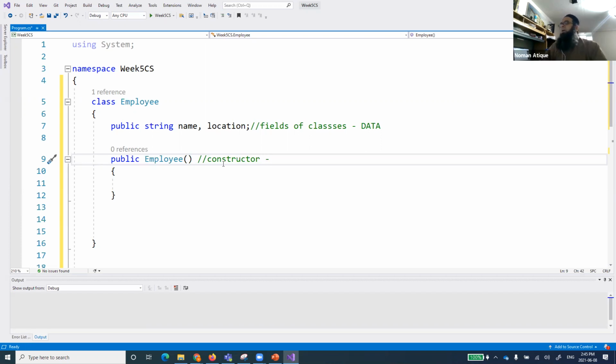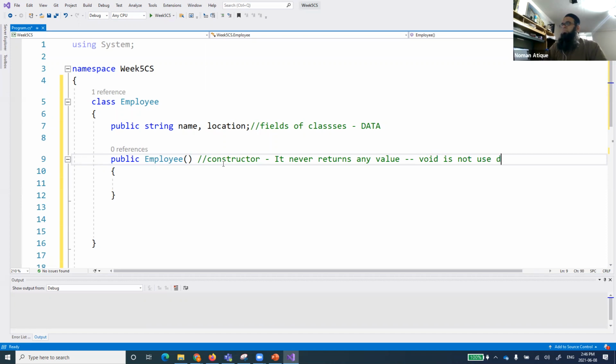And another thing about this is it never returns any value, up to the level that we don't even use void before it.